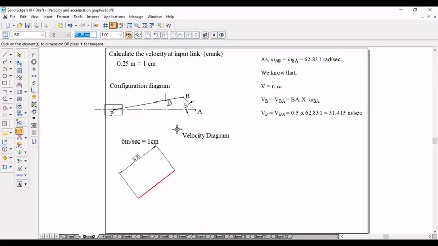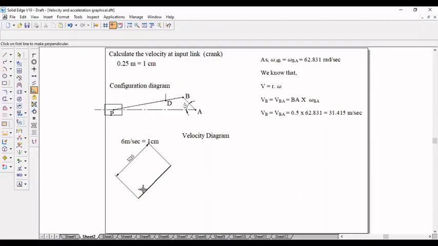But this line must be perpendicular to this. I simply drew this. Now I'll make this line perpendicular to this. Now this line is perpendicular to this. But how do you have to construct it? You have to use both the set square and the scale. With respect to that, you can get the perpendicular line. That is explained in the previous lecture by Shashikumar sir.